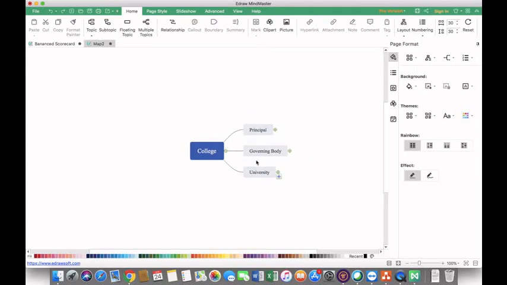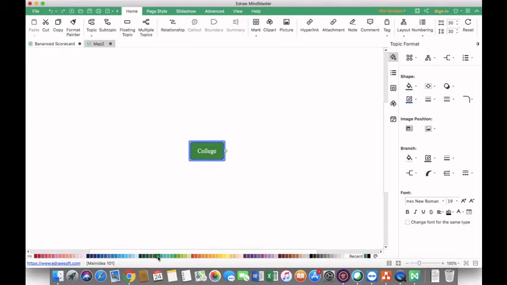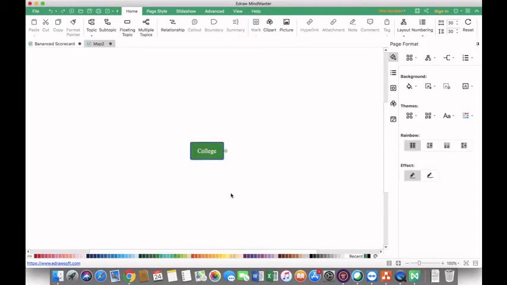Here we can see that I have closed each and every branch. Now I'll start talking about the college. We can also change the themes. We can use any colors related to the box. So suppose I wanted to use green color, I can click on this. I can again click on green. The college will reflect by green color.